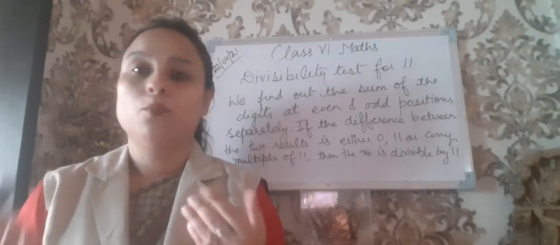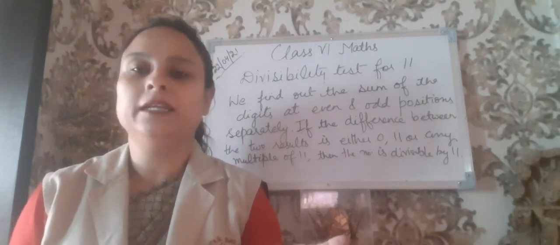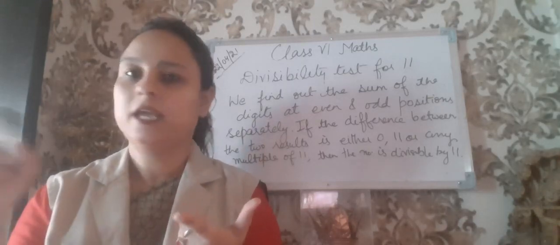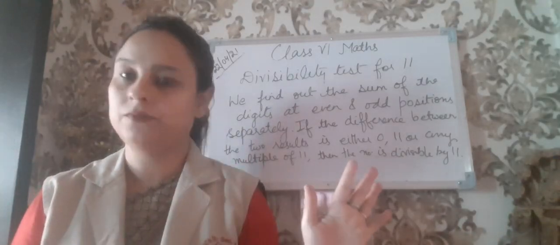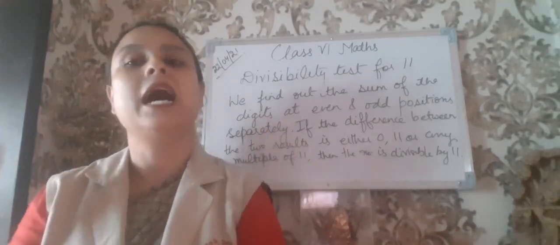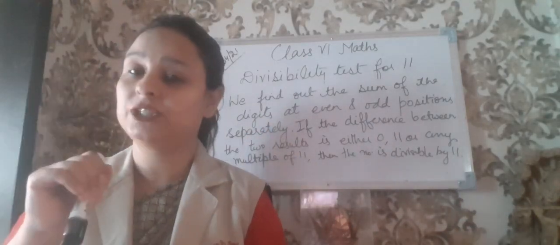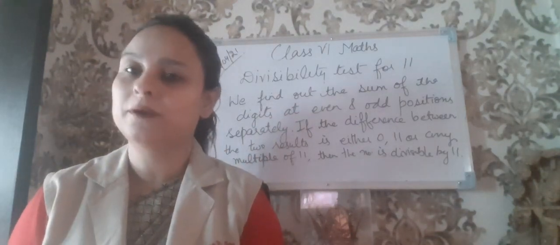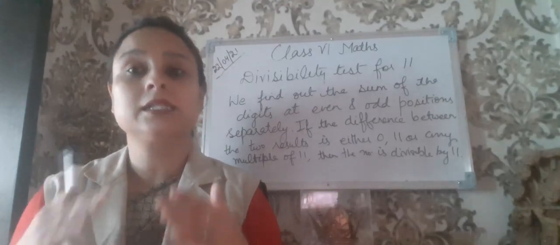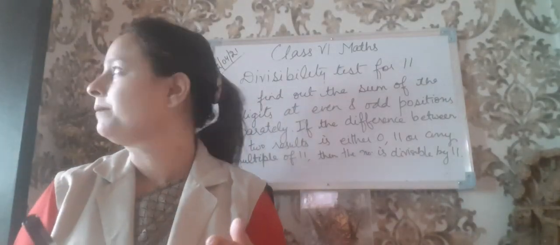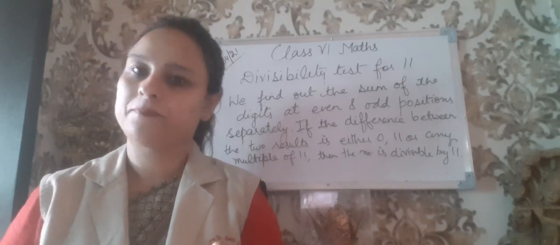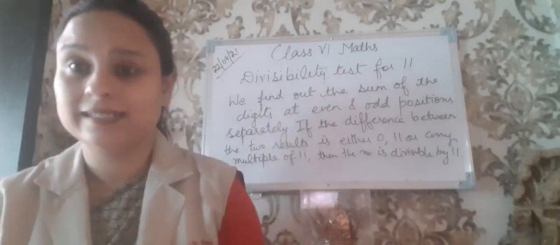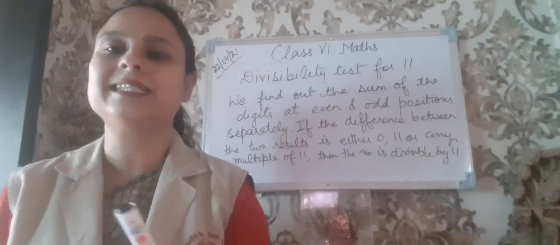So, what do I do? What are the factors of 15? 3 and 5, right? So, I'll first check the sum of the digits. If it is divisible by 3, that means the number is divisible by 3. 3 is done. Now look at the last digit. If it is 0 or 5, that means it will be divisible by 5 also. So automatically, if my number is divisible by both 3 and 5, then it will be divisible by 15. Understand? So that is how we find out the divisibility test of different numbers.